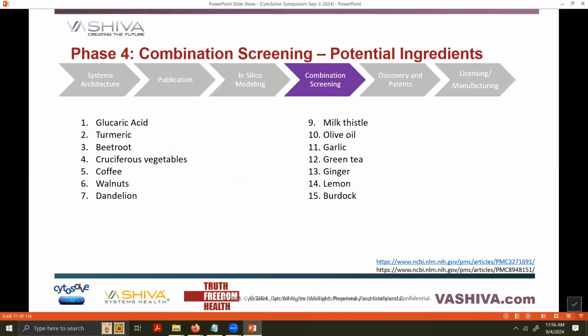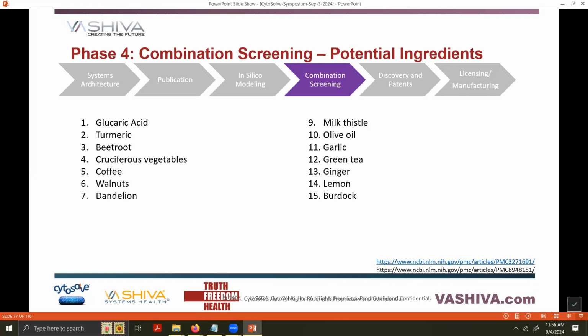People do liver cleanses. Yeah, people say do a liver cleanse or drink green tea or take lemon or burdock, and you'll see thousands and thousands of videos on this. The reality is no one talks about how much you should take, really, right? How much is right for the right person?